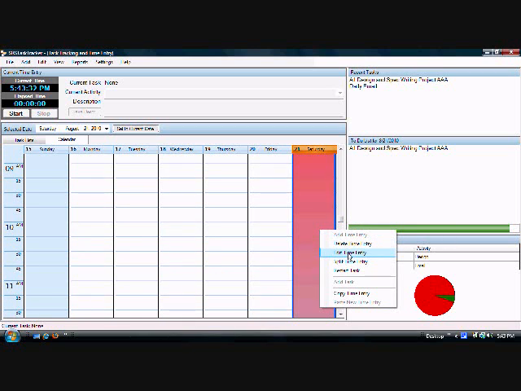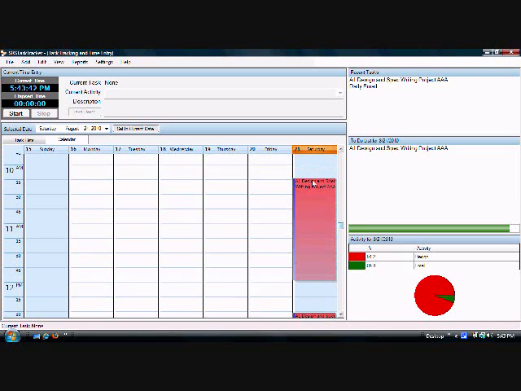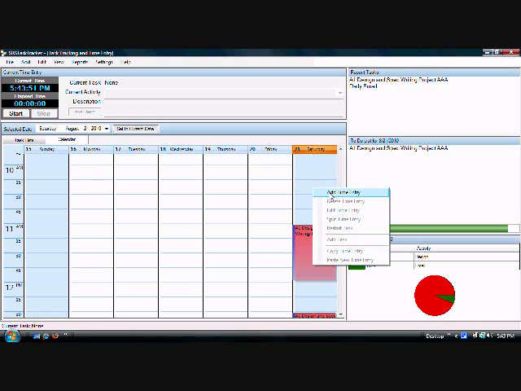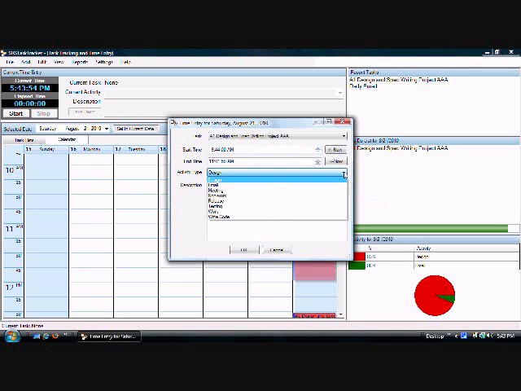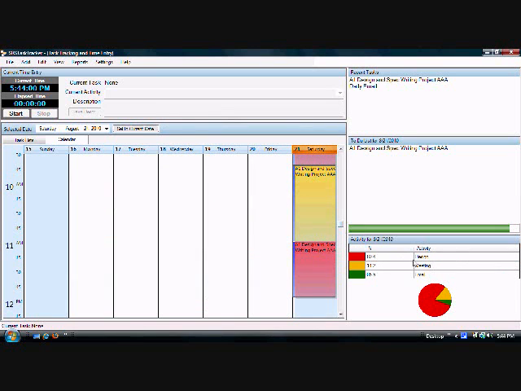Now in the middle of the morning I had a meeting, so I'm going to split the task again. I'm going to set the beginning of the meeting, I'm going to set the end of the meeting, and then I'm going to right click in the space that I've made, and I'm going to add a new time entry. And this time I'm going to use the same task, but I'm going to set the activity to meeting. So now I have a meeting task shown. It shows up on my activity chart as meeting,